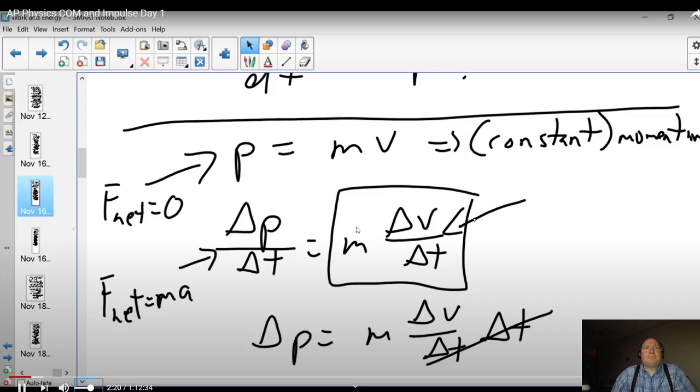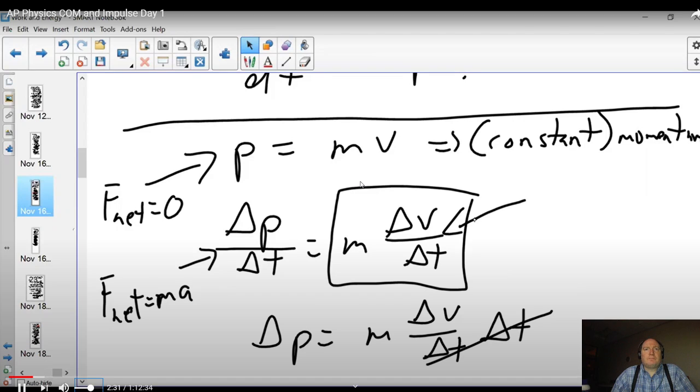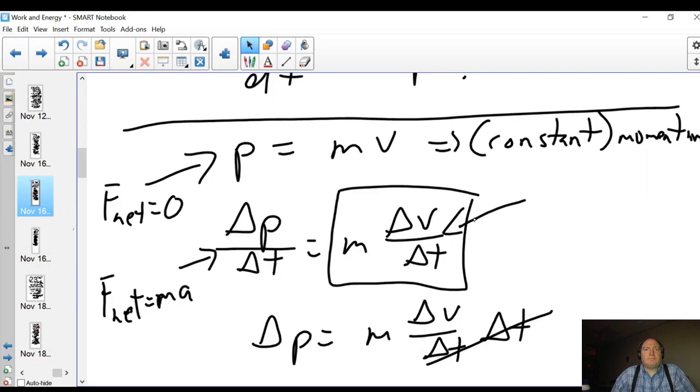Okay. So delta V over delta T is acceleration. So mass times acceleration is a change in momentum over change in time, which is a force. In order to change an object's momentum, which takes time, this first expression on the left is actually another equation for force, for an outside net force, equals mass times delta V over delta T, which is acceleration. So this is another way of expressing Newton's second law. F net is mass times acceleration, or in terms of momentum, the outside force